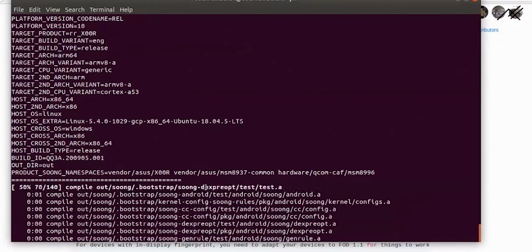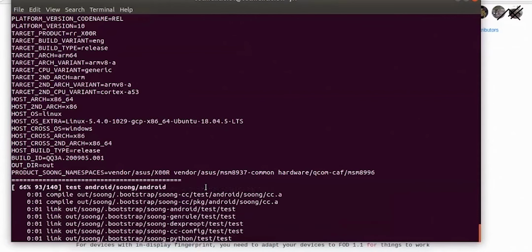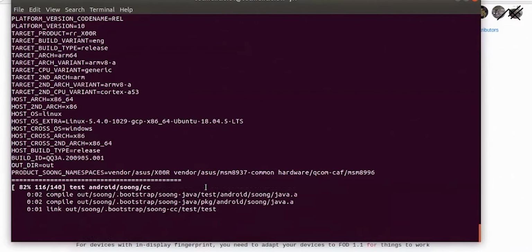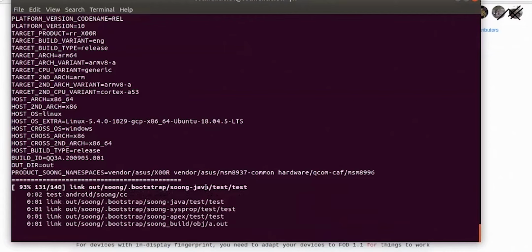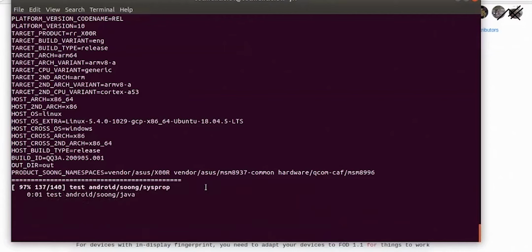Soong, this is one of the features which we have in the latest Android builds, I guess from Oreo, I'm not sure. You can watch Alexa Linux user, he has explained more about Soong. It is like an initial process where it will check that all the files which are present are there. It will make some test cases. After that only it will start the build. So it will take some time, so we'll check on this one. Mostly these builds will have like 70,000 files to 1 lakh.